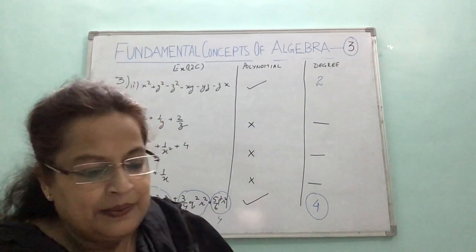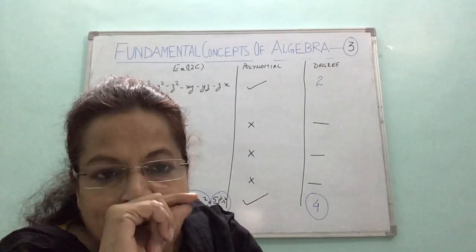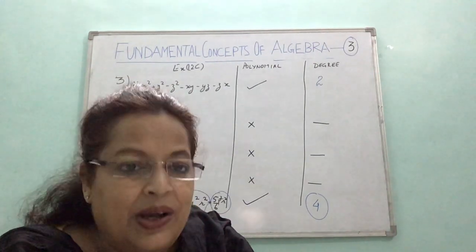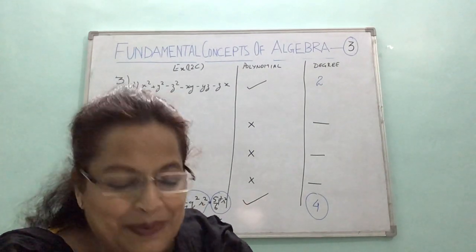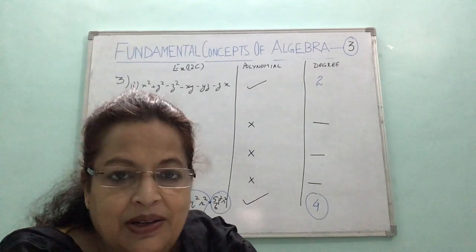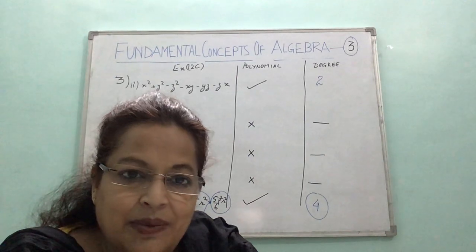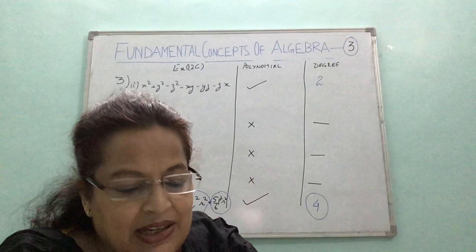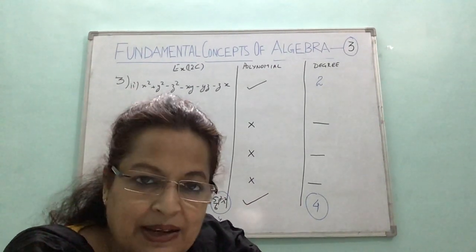Now before that children, certain definitions that you have to write. I asked in my previous video to leave some space there. There you can add up. Page 170, definition of like and unlike terms. So that you will write down. I'll read it. Like terms: two monomials having same literal factors are called like or similar terms, and write two examples. Unlike terms: two monomials having different literal factors are called unlike or dissimilar terms, and write one example.